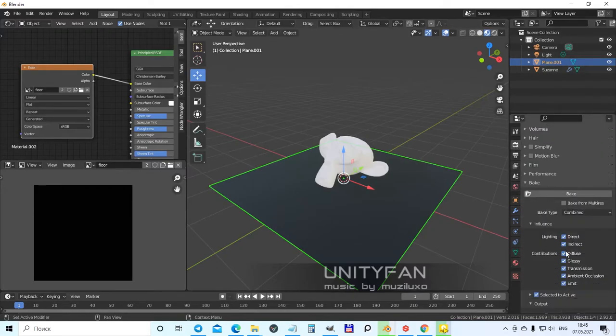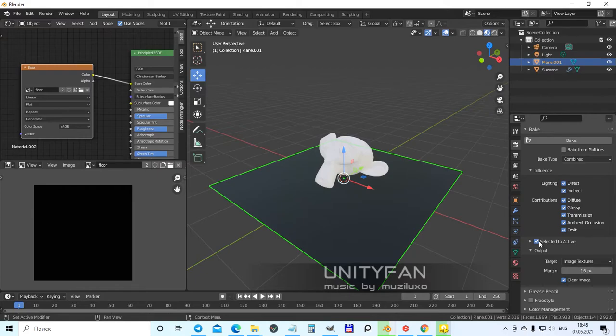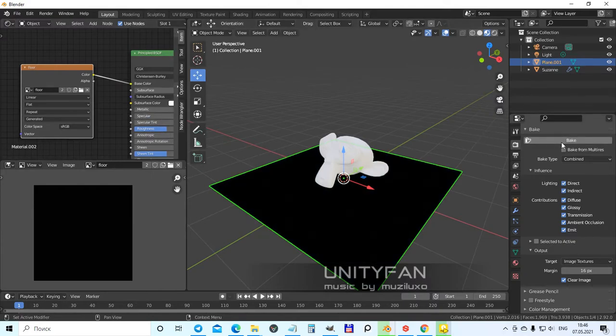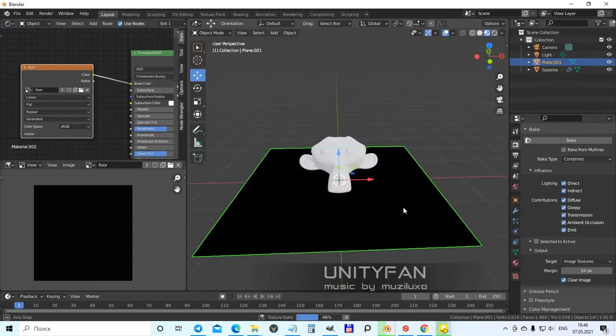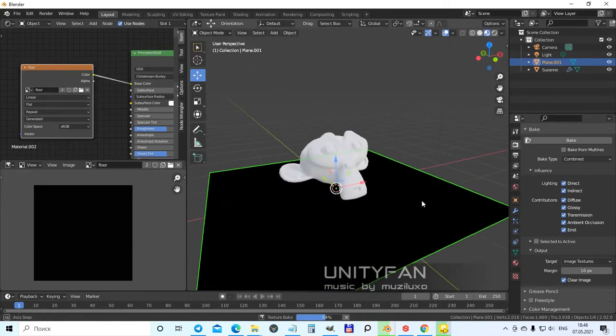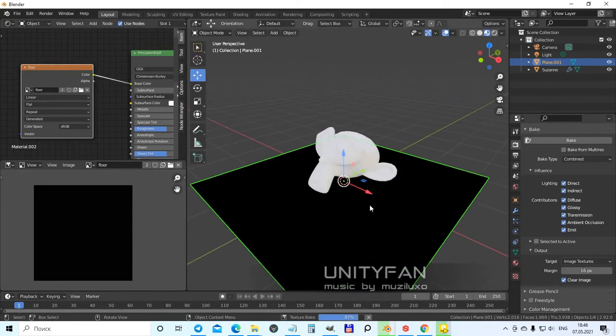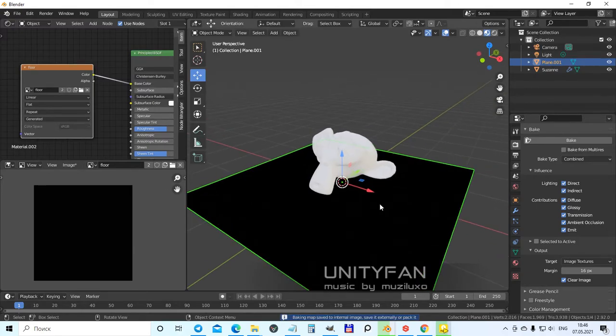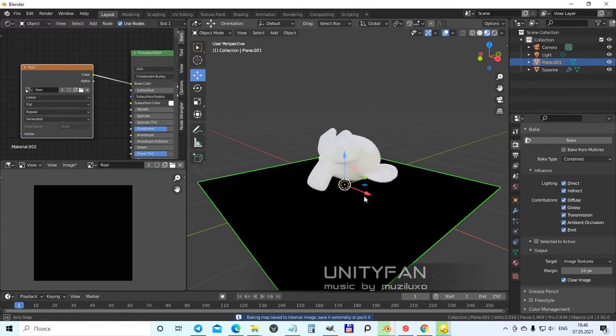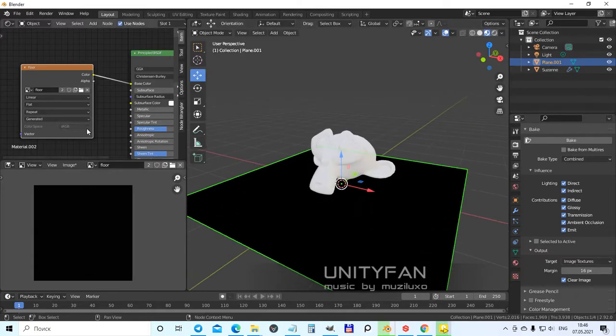now we don't have to check the selected to active. You can uncheck it and click just bake, and it can bake our scene into a texture. It should have done it, but somehow it didn't do anything. Okay, because the texture is black